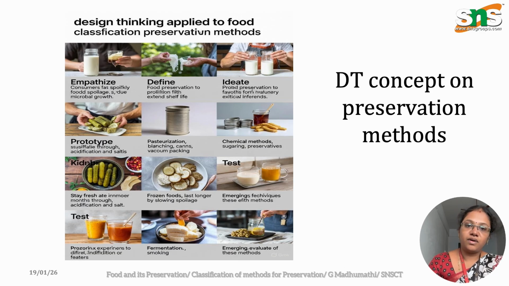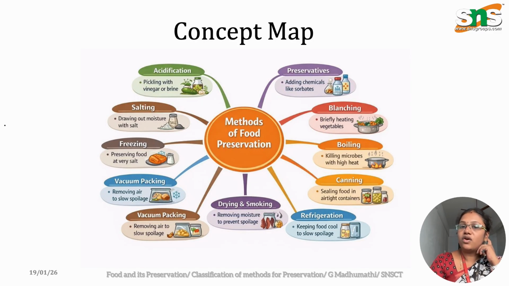Based on that ideation, we can go in for implementing the type of method that will be used to preserve the particular food, and then we can execute our last step, testing: how far the particular method has been accepted for the food, and how it has extended the shelf life. So in this way we can relate the DT concept to the preservation method classification. So this is the overall concept map of how the